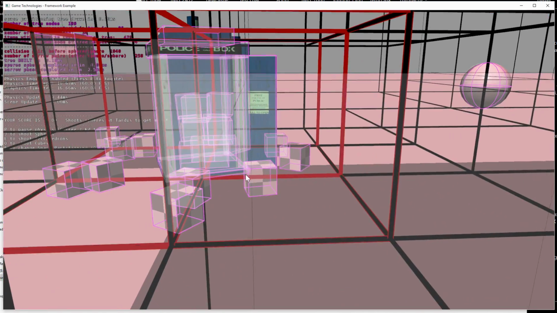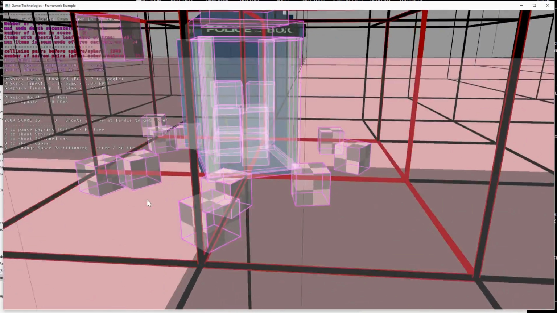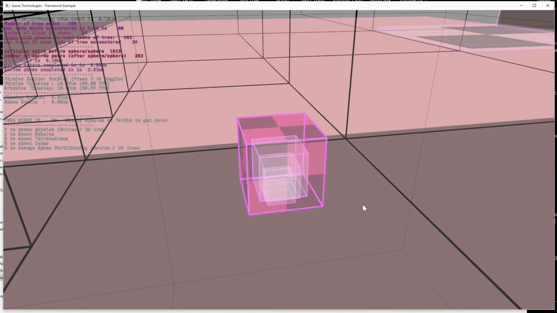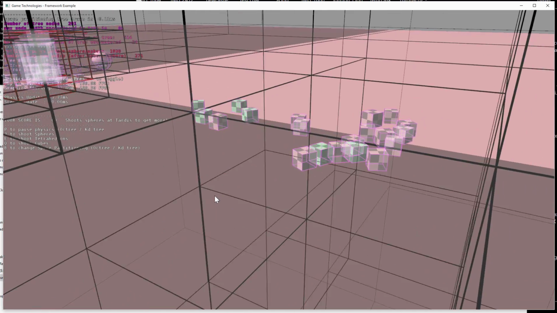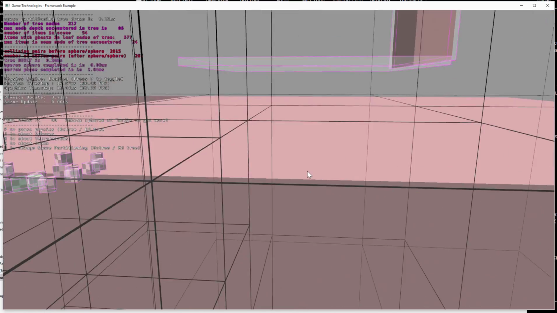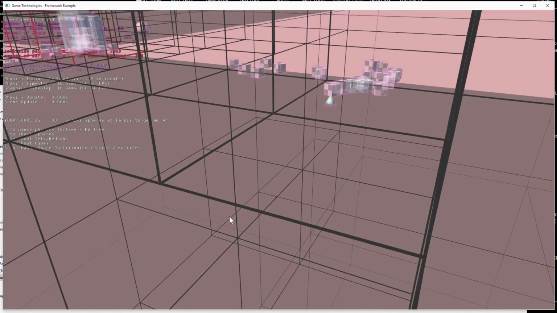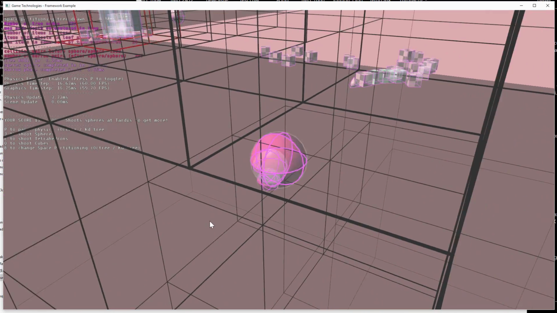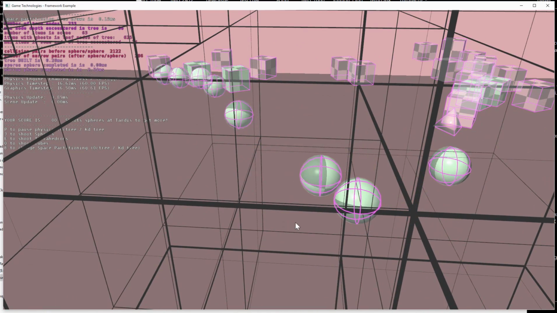So for every single graphics frame there's about 4 to 8 physics updates going on constantly. I'm not also bounded by the cubes. For example, I can spawn more cubes here, and I think the splitting limit is about 10 objects per node, maybe slightly more. I'm not just bound by the cubes, I can spawn spheres and tetrahedrons. Spheres, I think, are with the J button. They're rotating and we're taking away energy from the system, and they stop